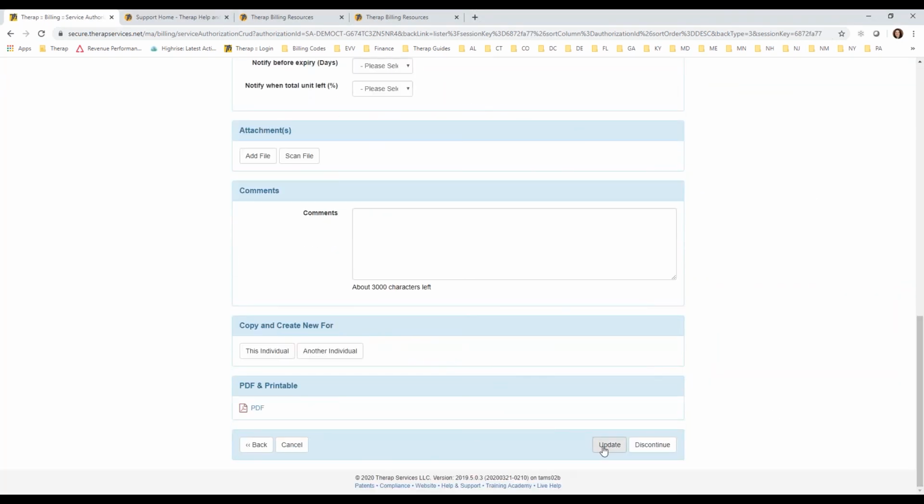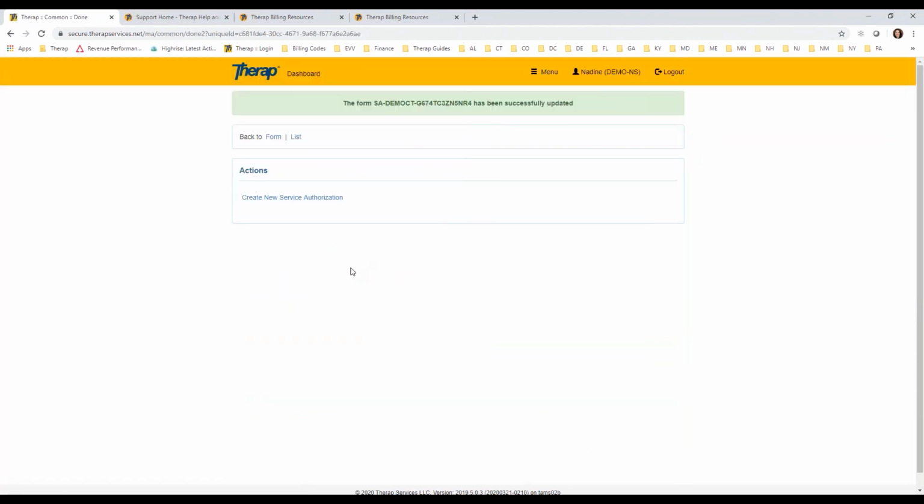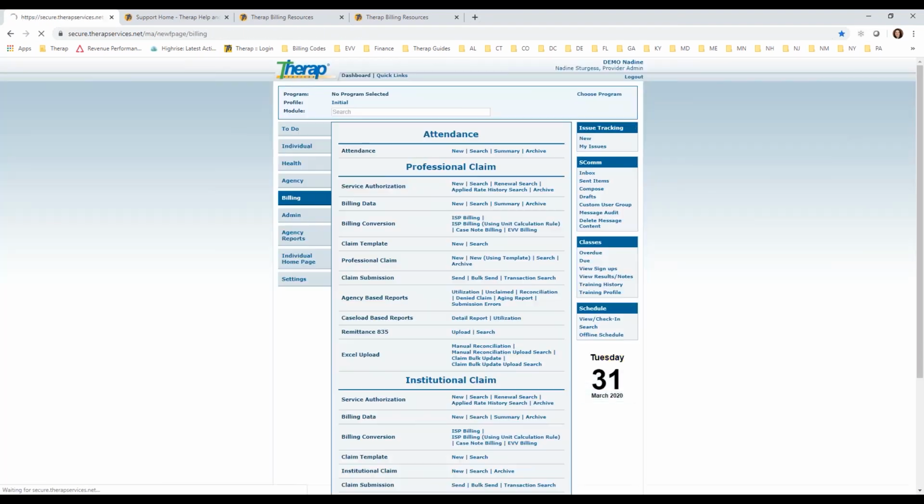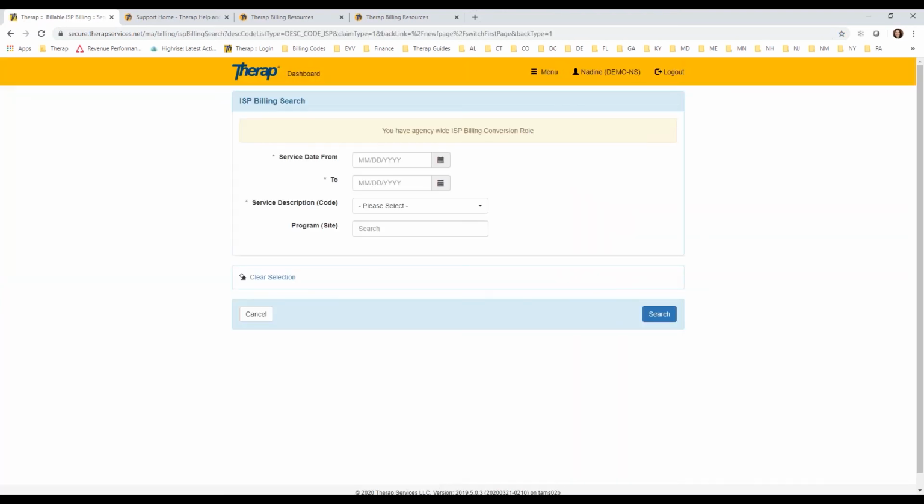Don't forget, scroll to the bottom and click update on that service authorization. Always remember to scroll down and update that authorization. Otherwise, your changes won't be saved. So now when you're ready to generate your billing data, go to the dashboard, and you're going to use that